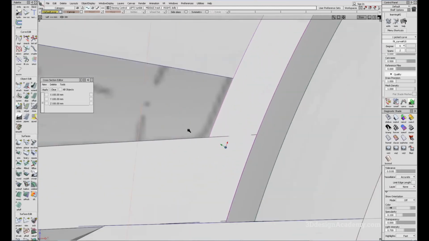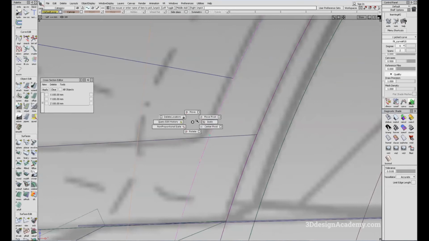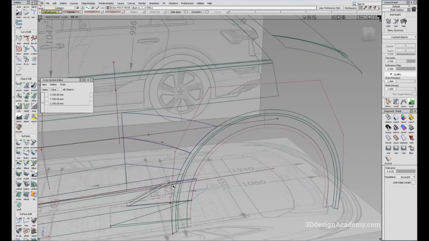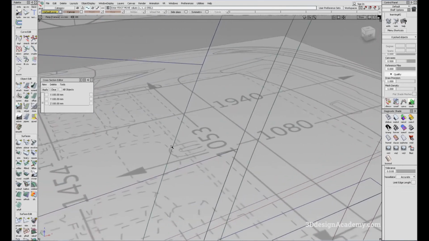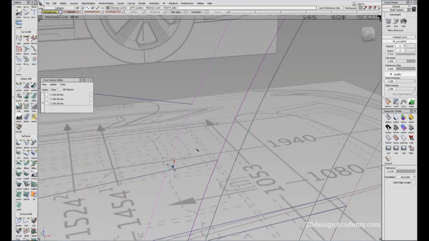And what I'm going to do is move the pivot from the side view. Okay, it looks like there's a little bit of lag there. So I'm going to move the pivot, and I'm just going to snap it right here. Make sure you're snapping on the curve itself. I'm not snapping over on this feature right here. I'm actually snapping on the curve like this. Okay, that looks good. The reason we're doing this is because we're trying to snap the curve onto this exact point without moving it